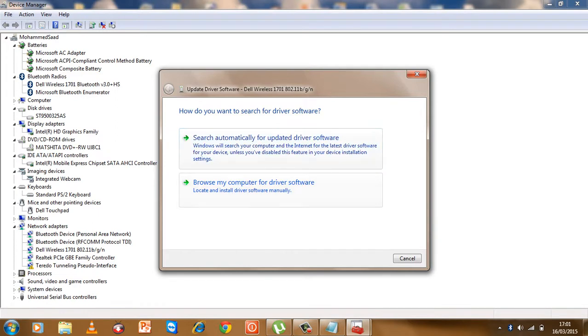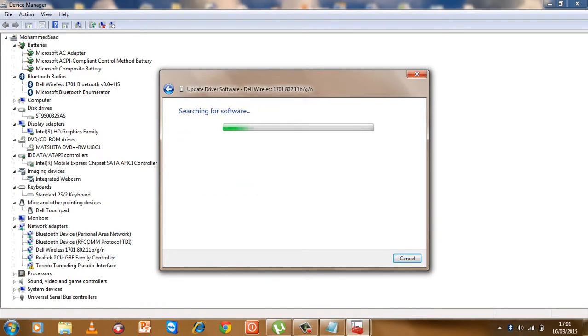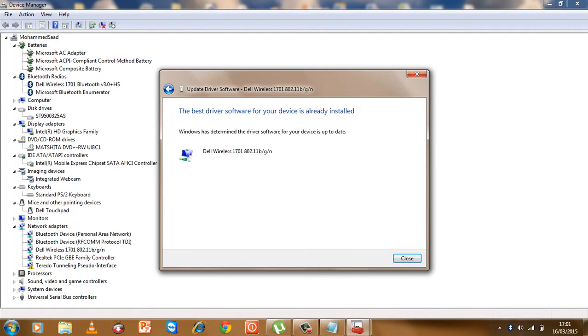So I will choose the first option because this will directly go to the internet. Now it is searching for the new driver. After that, you would see that over here it says that the best model of driver for my computer is already installed, which means I don't need to install a newer driver. Okay,